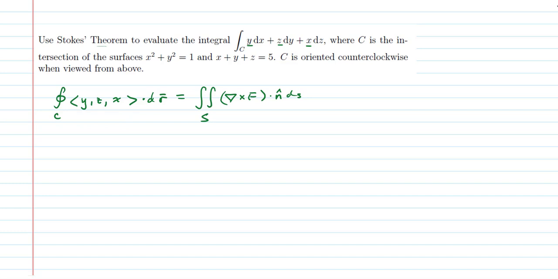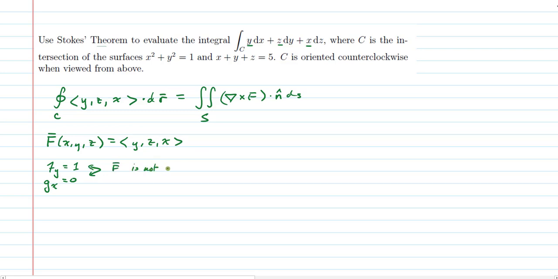Before we go too much further, let's just confirm that the answer isn't going to be 0 in this problem, which it is often for these vector calculus questions. So let's just double check that our vector field is this, and if I were to call this first component function f, this second one g, this third one h, if I were to compute f sub y, I get 1, and its comparable function that we should be comparing it to would be g sub x, the partial derivative of this function with respect to x, I get 0. So the vector field F is not conservative,